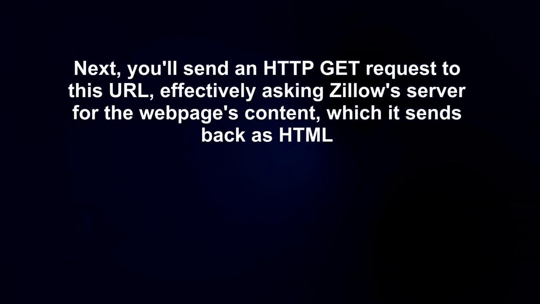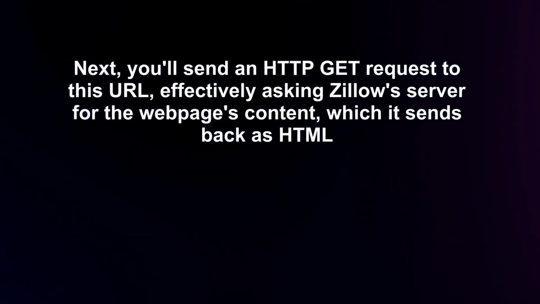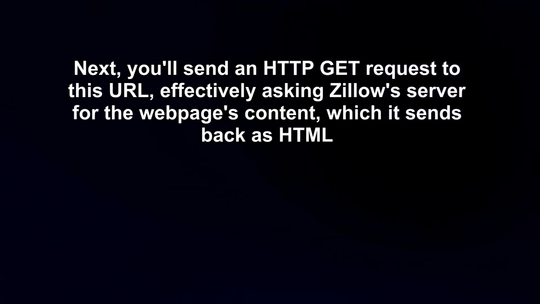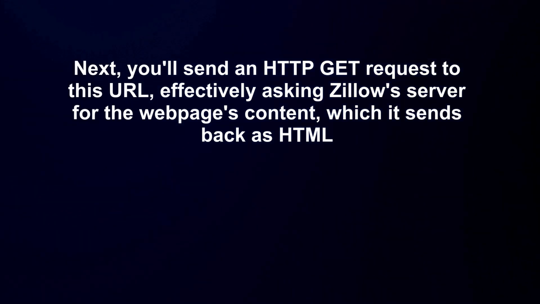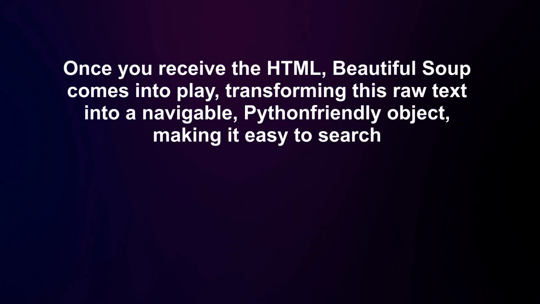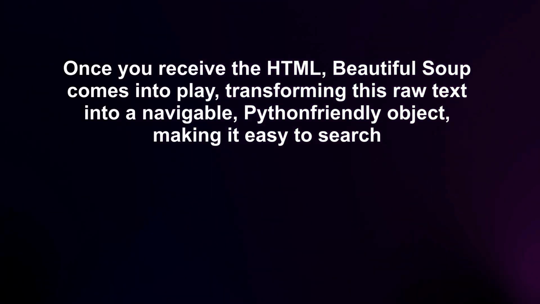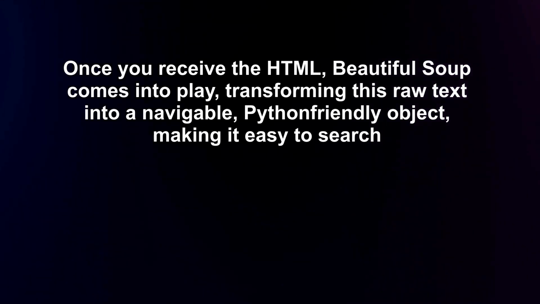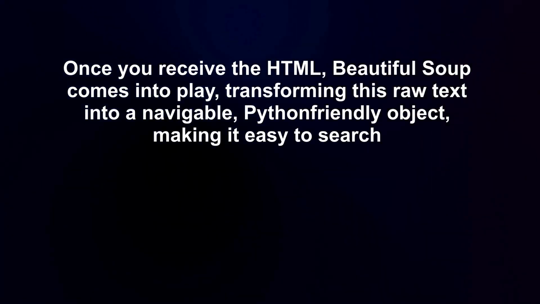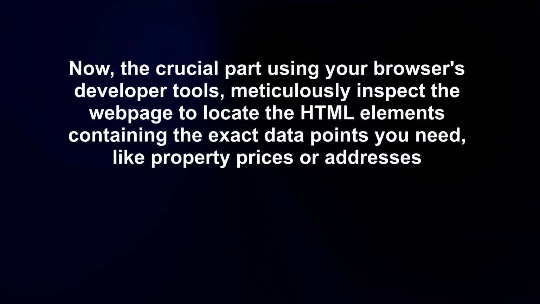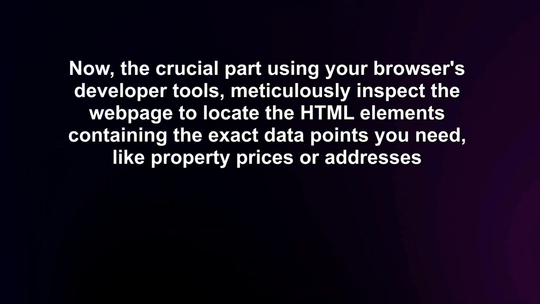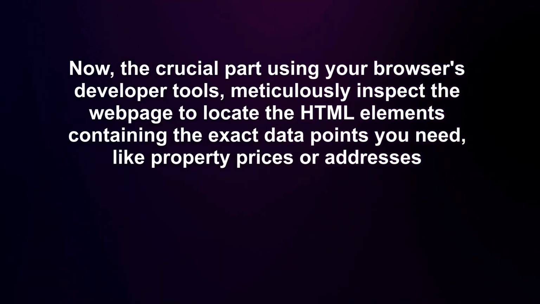Next, you'll send an HTTP GET request to this URL, effectively asking Zillow's server for the web page's content, which it sends back as HTML. Once you receive the HTML, Beautiful Soup comes into play, transforming this raw text into a navigable, Python-friendly object, making it easy to search. Now, the crucial part: using your browser's developer tools, meticulously inspect the web page to locate